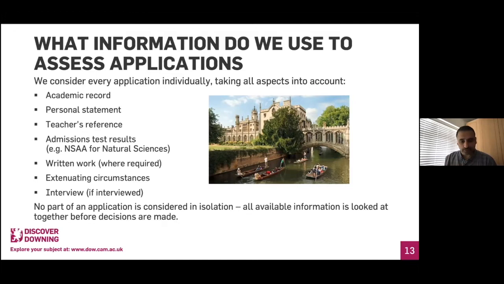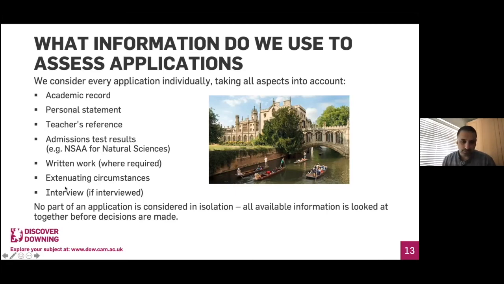We'll also be looking at your personal statement and at the key reasons why you're interested in applying for the subject that you've chosen. We'll also be looking at your teacher's reference to see what they have to say about you and the academic qualities you have. We'll also be looking at any tests you sat, reviewing the scores and how well you performed in those tests, and comparing those against the field of candidates who applied to the university. We'll also be reviewing any of your written work that you submitted, so we can review your writing skills and assess you based on those skills.